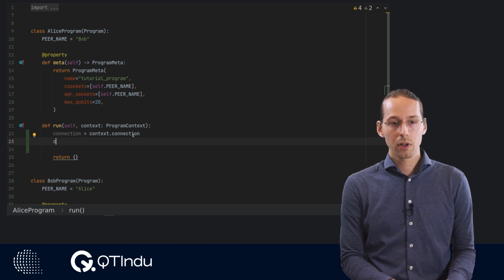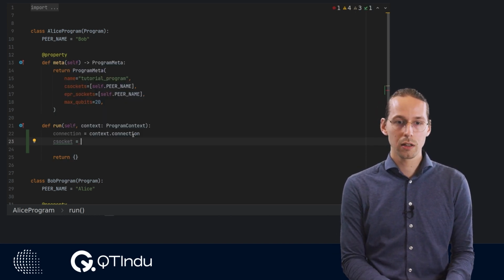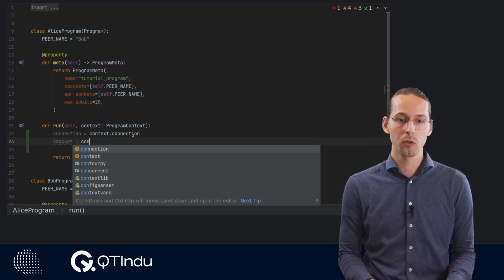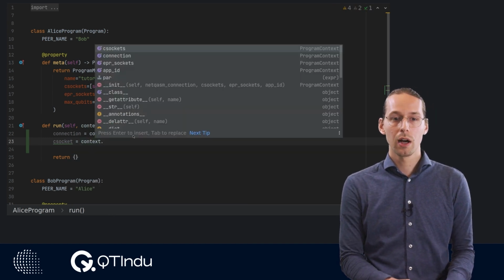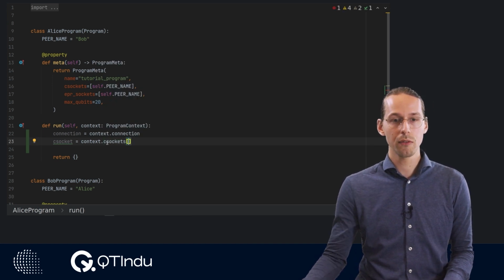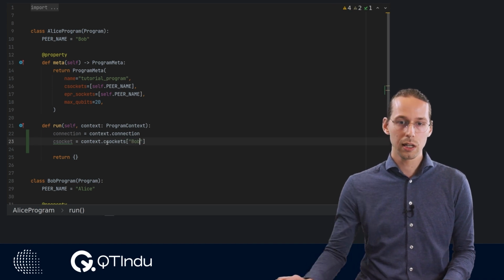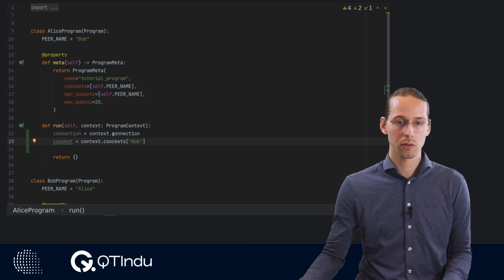Then we have classical sockets. We obtain the correct classical socket, in this case to Bob, by taking the context.csockets. This csockets object is a dictionary, so we must address it with the correct key to get the correct socket we wish to get. In this case, we want to have the socket to Bob.